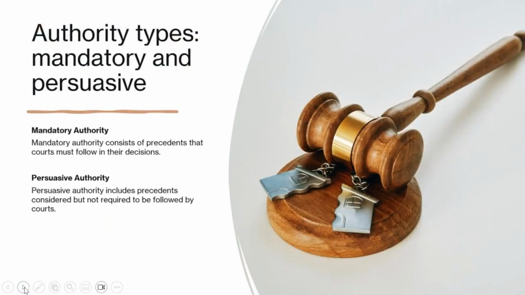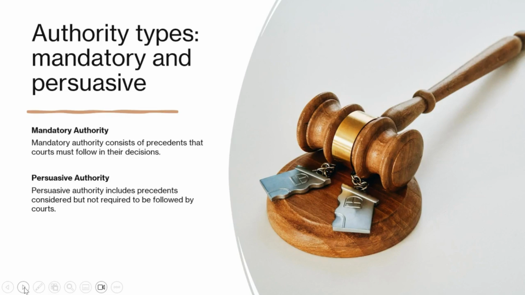We have authority types. In legal research and writing courses, for example, you learn about mandatory and persuasive authority. Mandatory authority refers to those court decisions that are precedents that the courts must follow in their decisions. Now, there are jurisdictional issues wrapped around that, a really short statement, but this is just getting us introduced to where to find it.